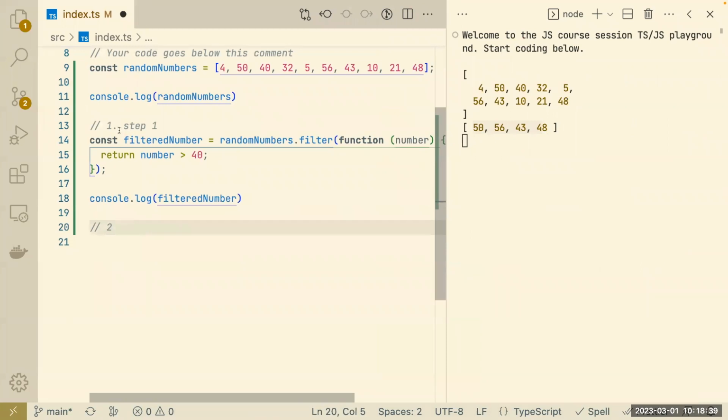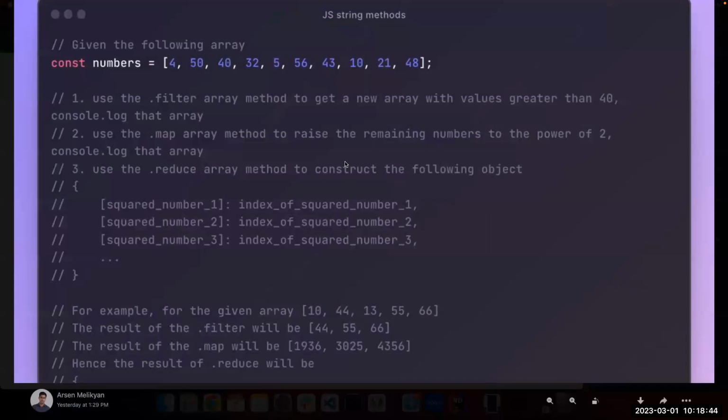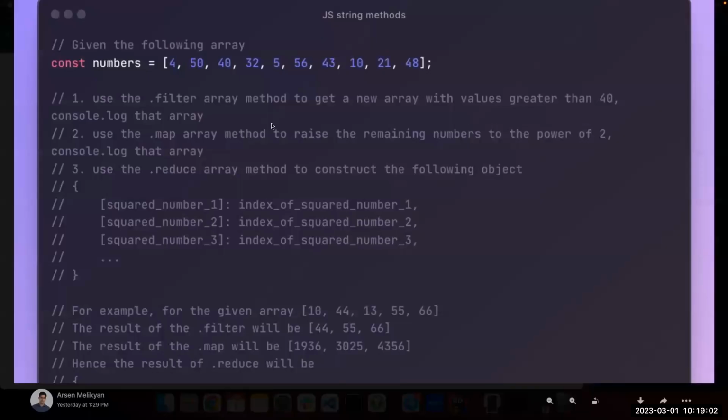Okay, so what was the second one? We need to raise the remaining numbers to the power of 2. Fair enough. Powered numbers. Of course, I did not explicitly mention that you should be raising the numbers. I used the phrase "remaining numbers," which caused some confusion, but